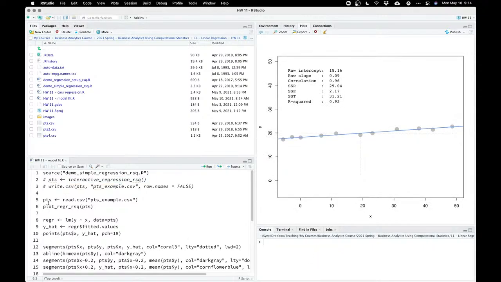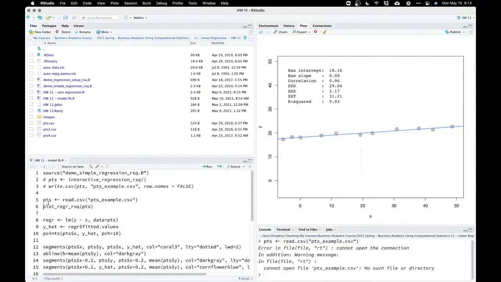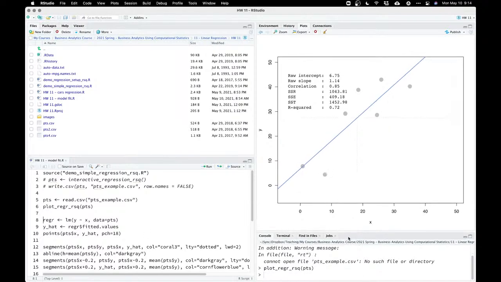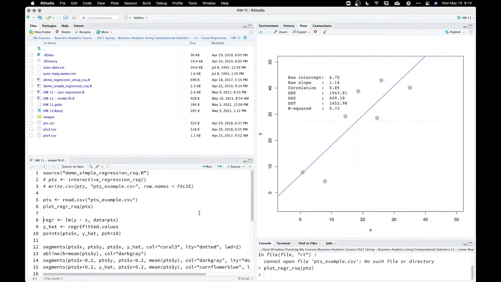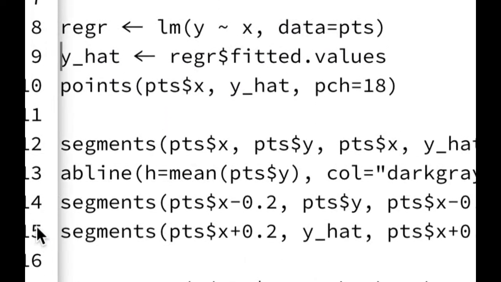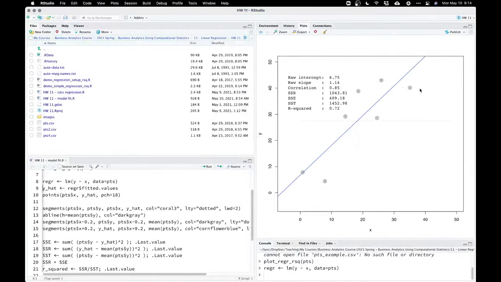I'm going to actually just load up a previous set of points I drew last night. Okay, and let's take a look at some things here. I'm going to do a few things. I'm going to compute a regression on these points that I've drawn, the X and Y. Now I can ask the regression object that I've gotten. When I ran LM, it returned to me a regression object. I can ask this object,